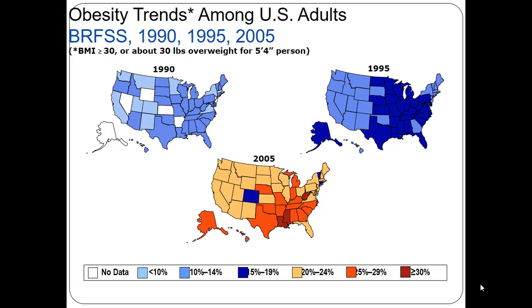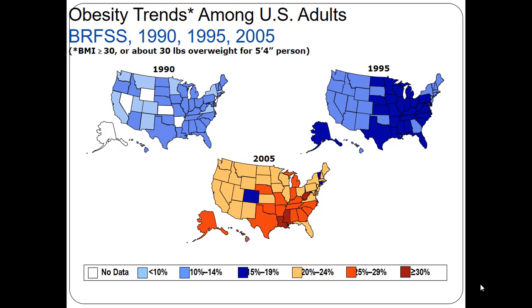One example of prevalence is the BRFSS maps of obesity prevalence by state. This is the Behavioral Risk Factor Surveillance System, and it's the nation's premier system of health-related telephone surveys that collects state data about U.S. residents regarding their health-related risk behaviors, chronic health conditions, and use of preventive services. These maps show state-by-state obesity prevalence, or the percent of the population that had a BMI greater than or equal